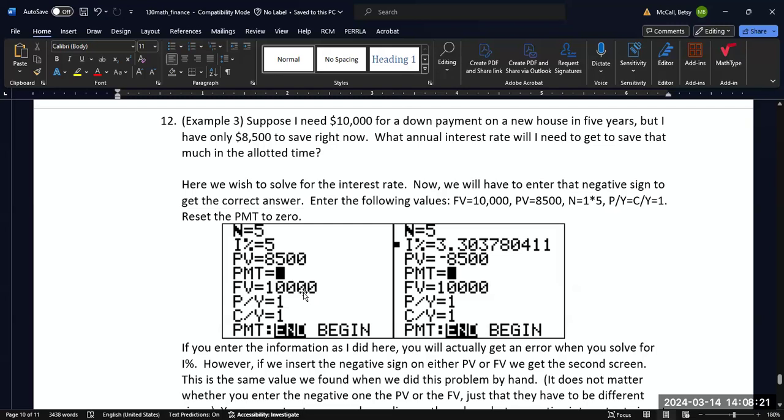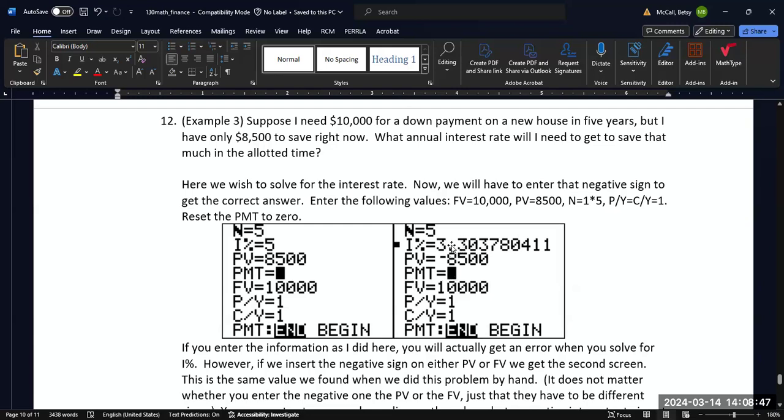And if you go ahead and calculate that, you'll actually get an error because it's expecting that one of these values is going to be negative. And so if you change one of these values, either the future value or the present value, it doesn't matter. I made the present value negative. And then if you go to the I line and you hit solve,